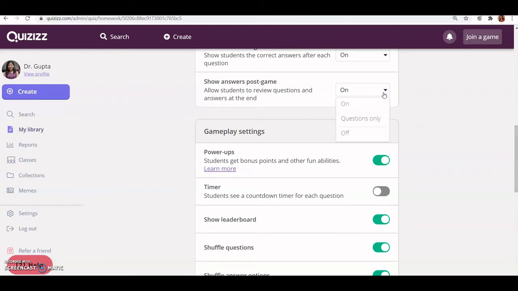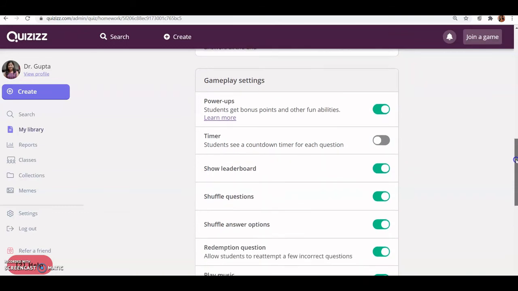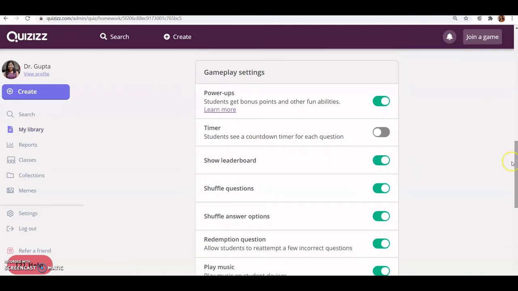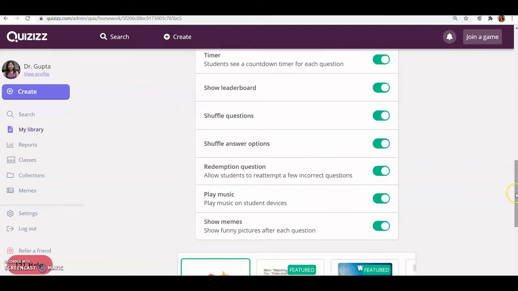I'm not changing the settings. There are some gameplay settings, like students get bonus points. This is on, green means on, and this is the off setting. There is the timer or countdown setting for each question. I should turn this timing on because students enjoy it more if the timer is on.